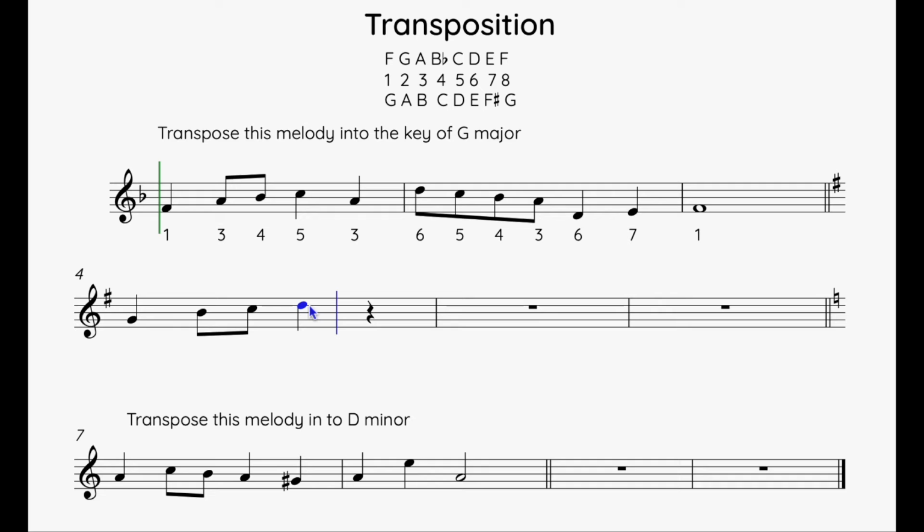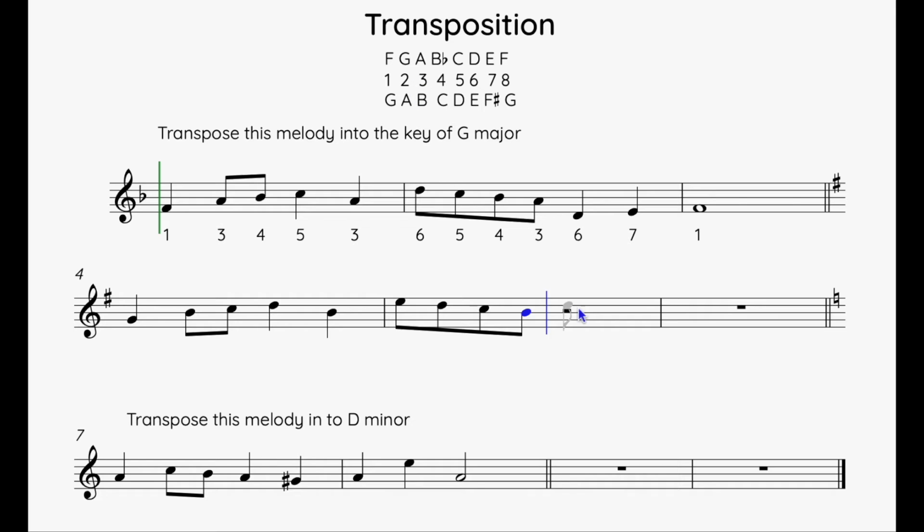And on we go. So you can see what I'm doing, back to 3. So B is 3 in G major. So D was 6 in F major. What's 6 in G major? And that's, of course, E. So 6, 5, 4,